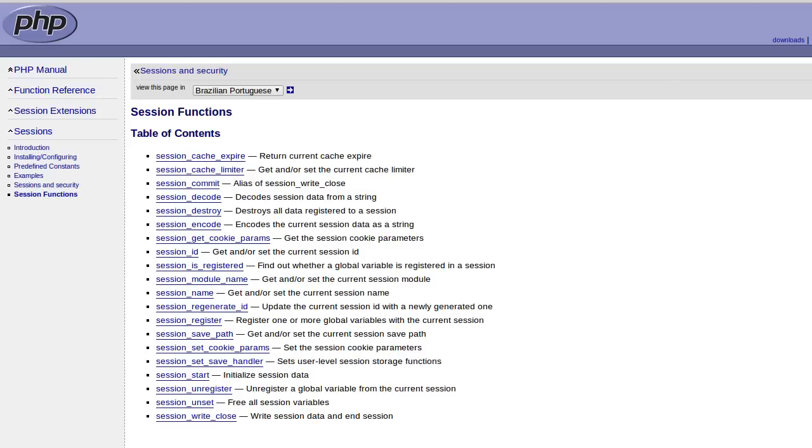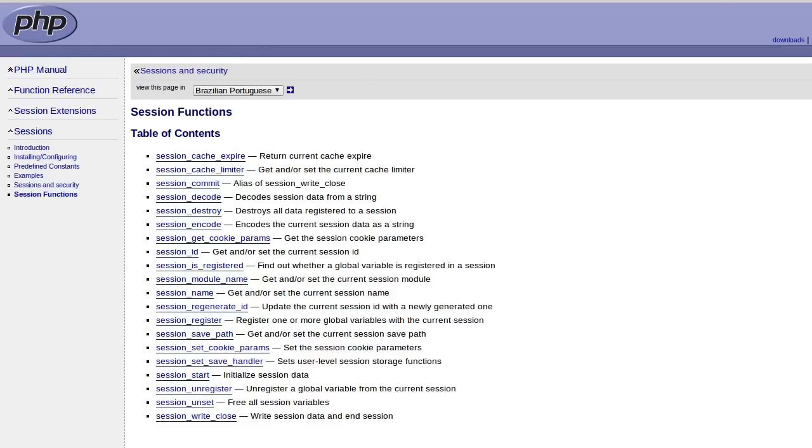So if they close their browser and come back within, say, that same day, their cart information is still there. That may be another reason why you would use a cookie instead of a session. So there are lots of different reasons why you may use cookies versus a session, but those give you the main differences between the two. So in this video, we're going to talk about sessions,